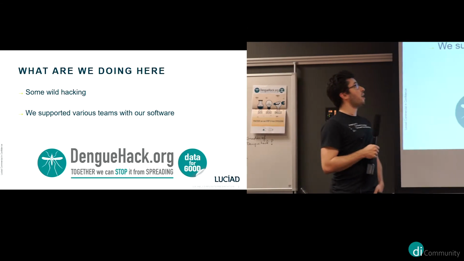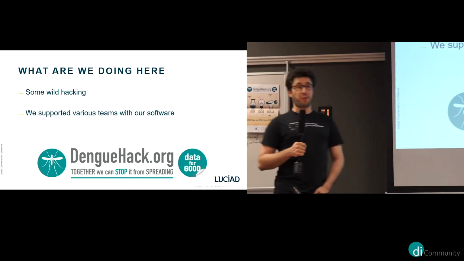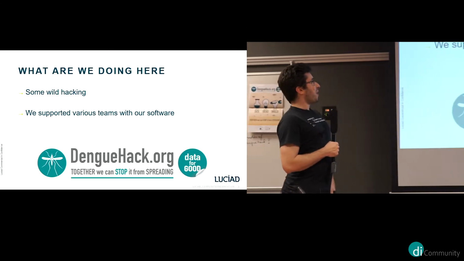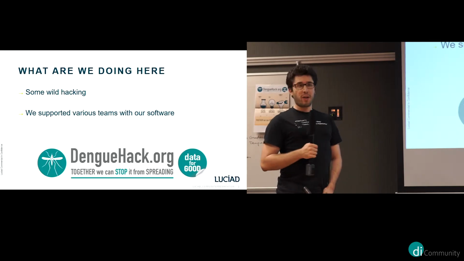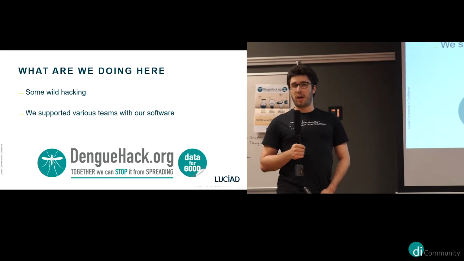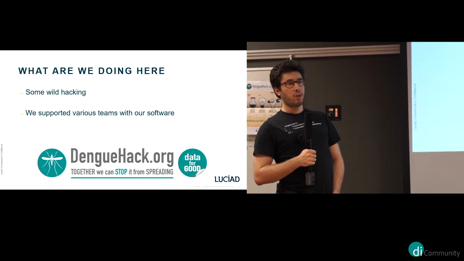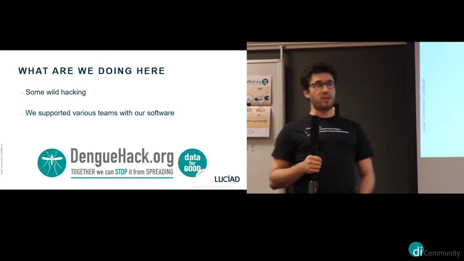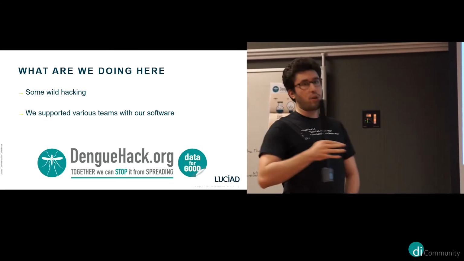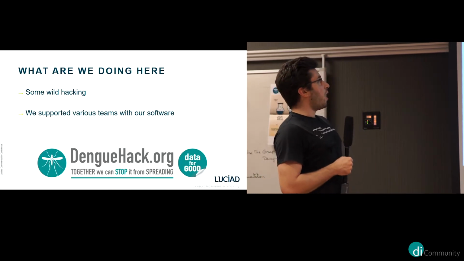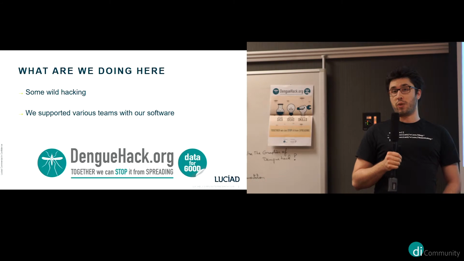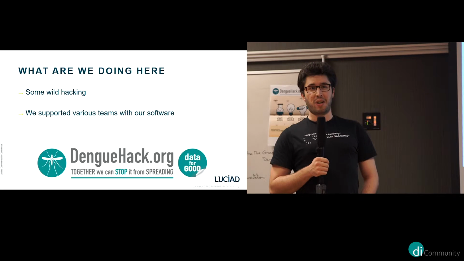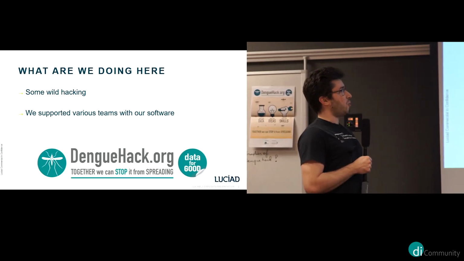So if you go to the next slide. What are we doing here? Well, first and foremost, let's do some hacking, right? That's why we're all here. Actually, there were two reasons why we came here. First, we were involved with the academics of the Rega Institute in the KU Leuven. We did some research for visualizing Ebola, hepatitis C, influenza, and things like that. So we thought this might be a nice progression. And our secondary goal is to assist anyone with visualization. We've helped a few teams, I think Team Diversity and the boot campers. We're happy to work along with us.